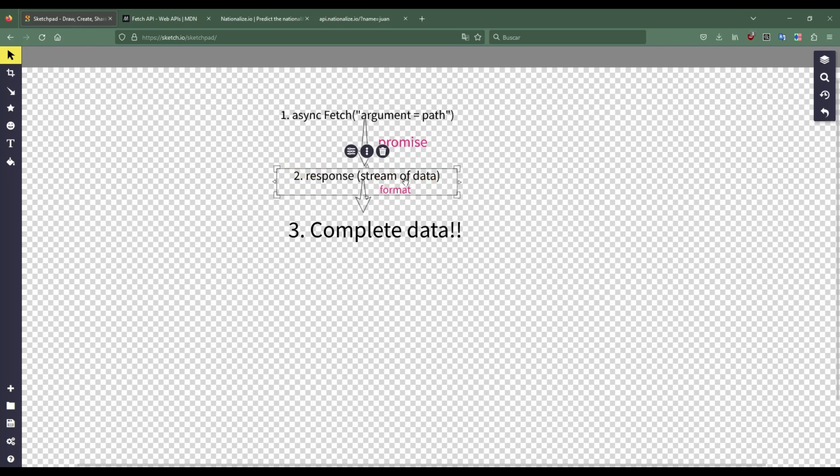So that string of data will not be the information that we request or that we want to use specifically. There could be multiple formats like buffers, blobs, text, JSON, which is extremely important. So we're going to select the format, and then with the complete data, we're going to work whatever the application